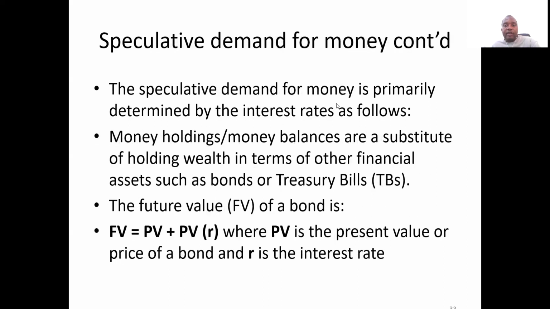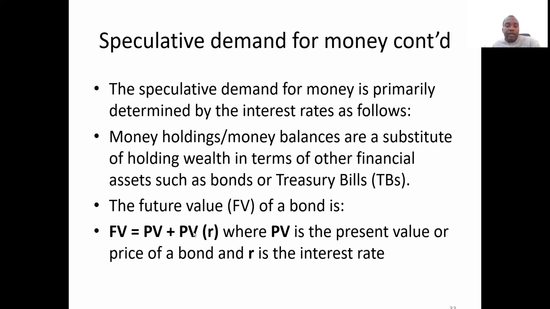The speculative demand for money is primarily determined by interest rates as follows. Money holdings, that is money balances, are a substitute for holding wealth in terms of other financial assets, near-money financial assets such as treasury bonds or treasury bills. The future value of a bond, which is the substitute for money according to the narrow definition of money, notes and coins, is FV, the future value, which is equal to the present value